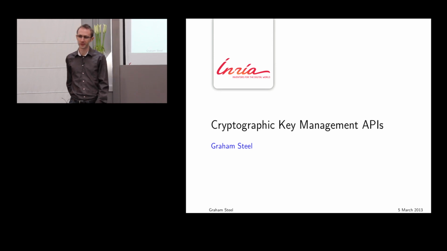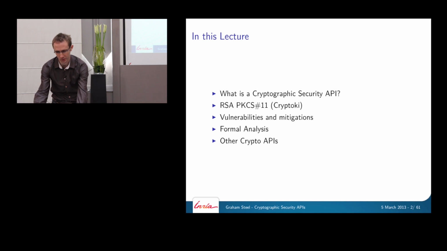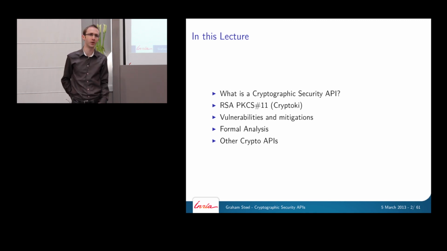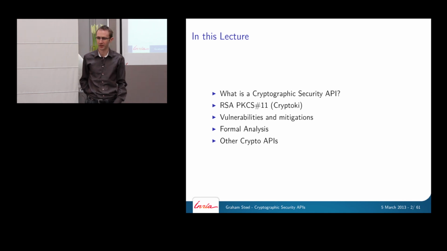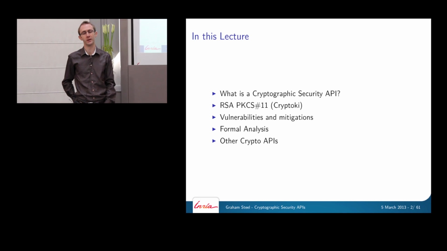So following on from the talk about security APIs in general yesterday, today we're going to look specifically at the problem of designing an API to manage cryptographic keys for general services. We're going to look in particular at a case study of the most widely used API for managing crypto in all sorts of applications, which is RSA PKCS 11, or the API crypto key, which is defined